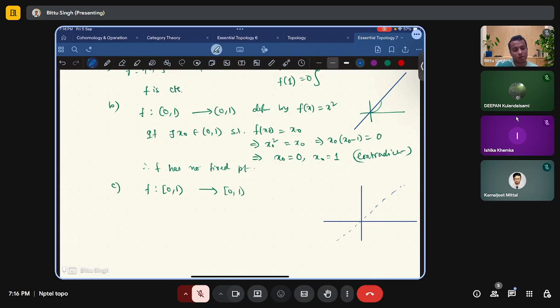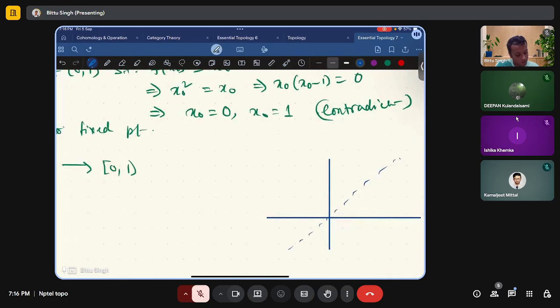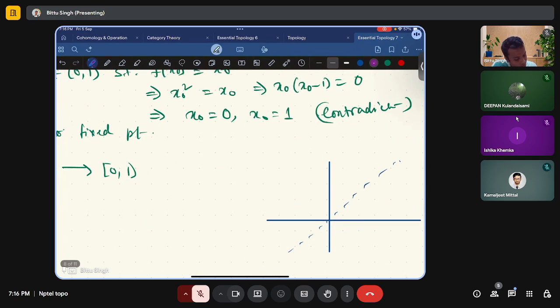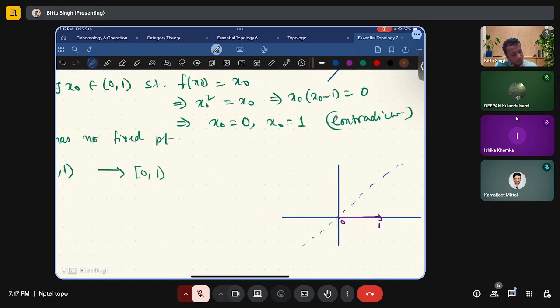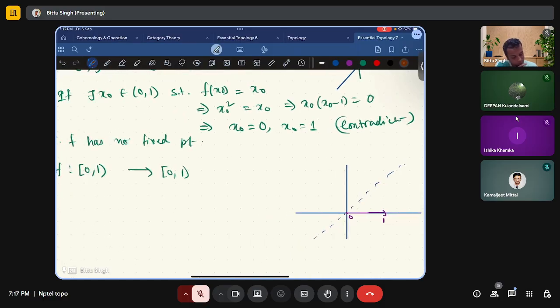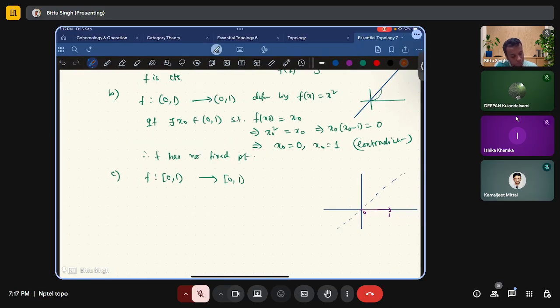Can you create a function whose domain is this [0, 1) to the range [0, 1)? So can you construct a function for which this will be true, that this function does not